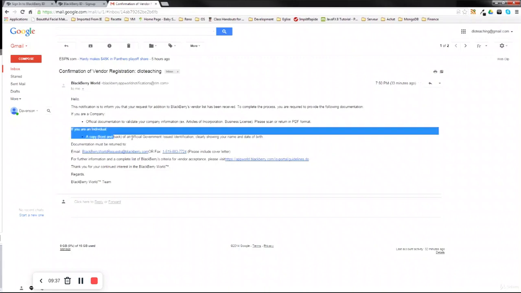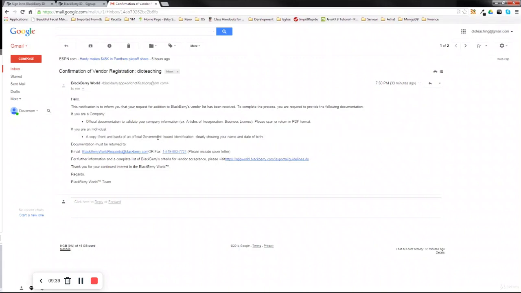So if you're an individual, it's going to ask you for a copy of an official government-issued ID showing your name and your date of birth. So I can think of passport or driver's license or things like that. So once you have all that, you send this to BlackBerry World request at blackberry.com, and it's going to take about